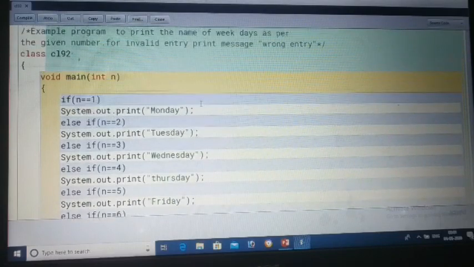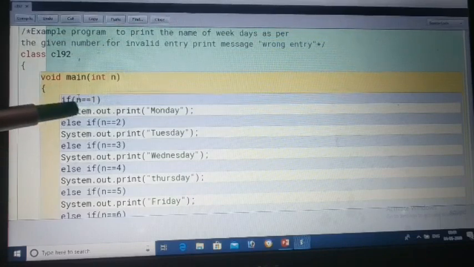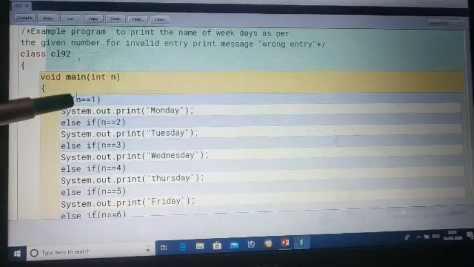See, in this program we have taken a class name, a void function. In the function we have passed a parameter and will ask for a value during execution of the program. After that we will give the value. For example, if I am giving n equal to 5, whatever n value is there will be called first here, and at this place 5 is called, and it is checked.